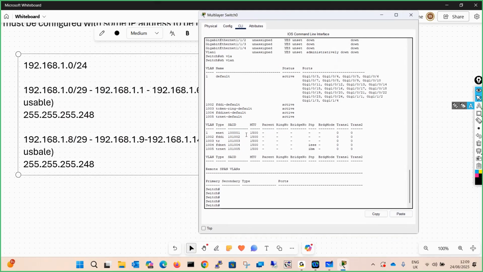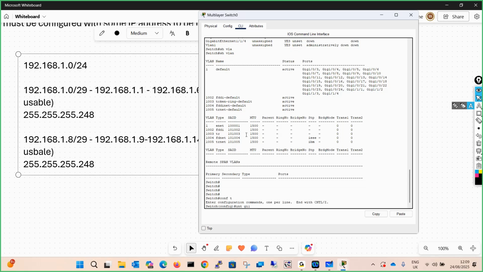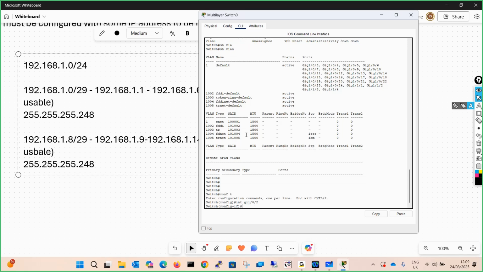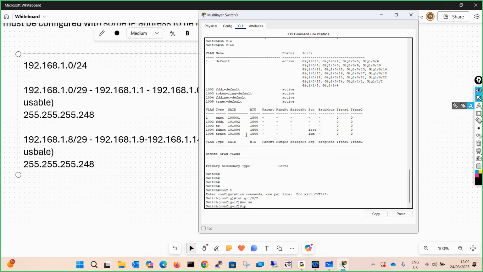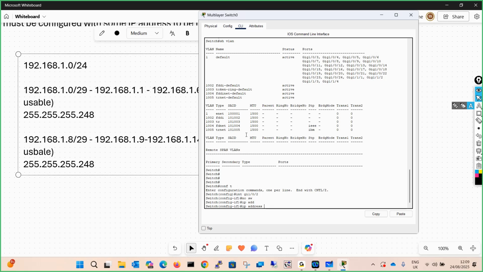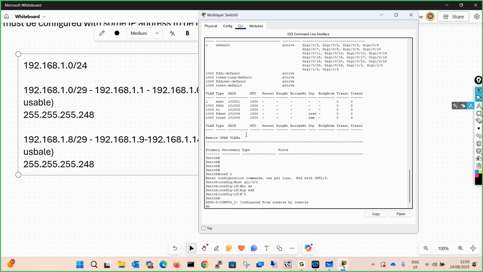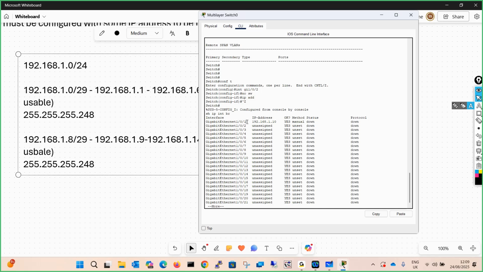I will take interface GI1/0/2. I will say no switchport. I will configure the IP address. But yes, Allah, one more thing. Why this might not be happening for you is because if you run show ip interface brief, you will see that 101 is already configured in the same network.